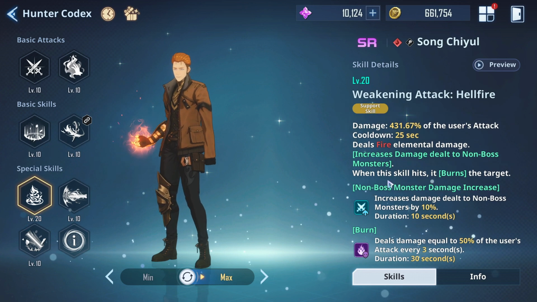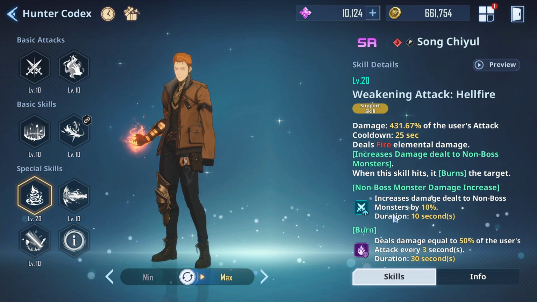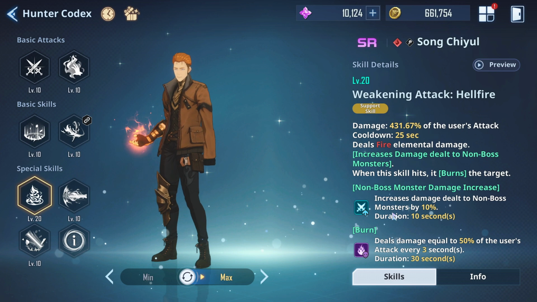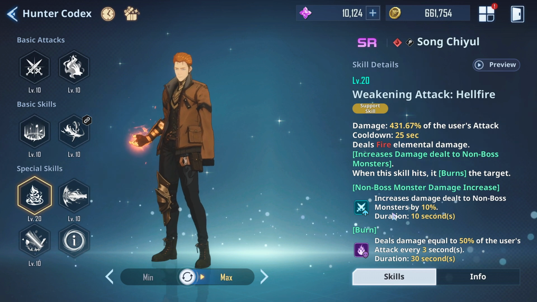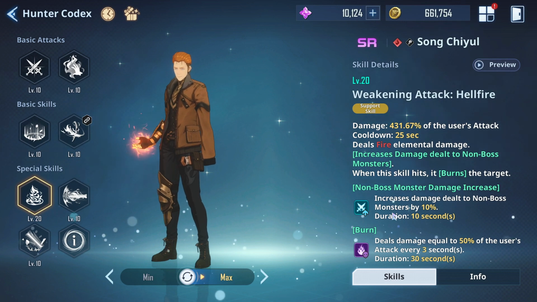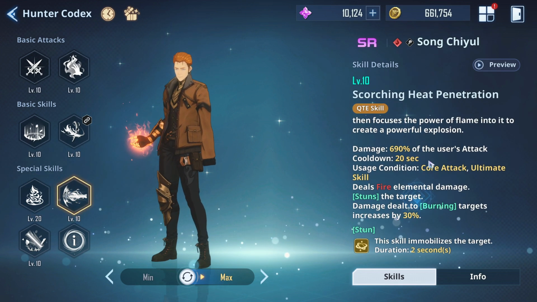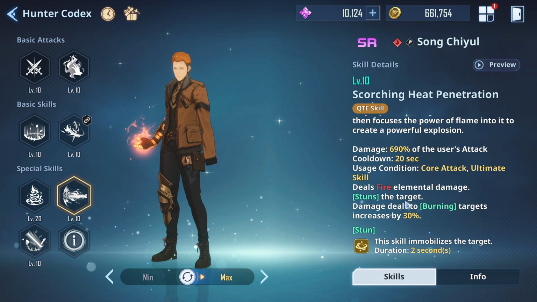Going over to the support skill, once again, he can apply burn. However, he does increase damage to non-boss monsters, so that's an extra 10%, which is cool. I'm more in preference of bosses. Oh, I think, does non-boss also count as elites? Is that a thing? Like the characters that are before the bosses, the semi-bosses, does that count as a non-boss monster? Because if that is the case, then okay, fair play, that could come in handy. I class them as elites, but anyway,